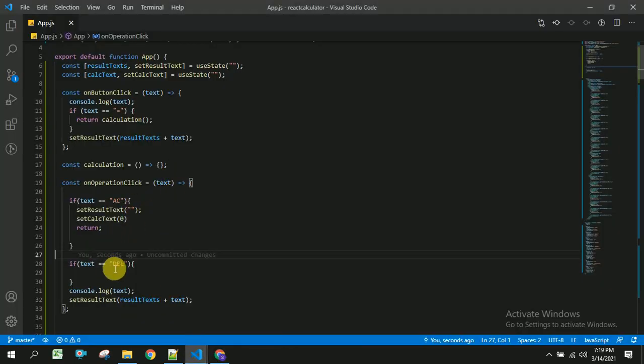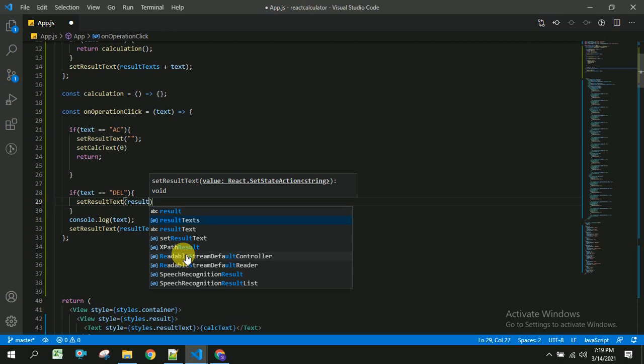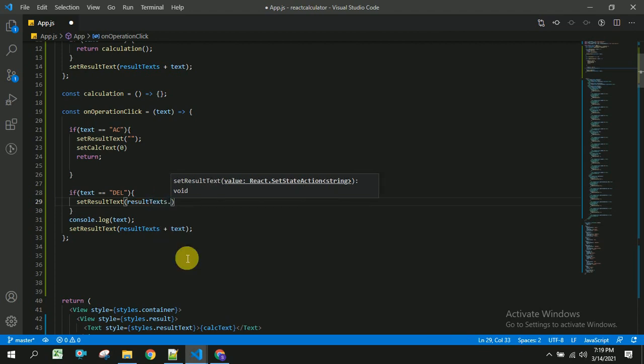Now if the user clicks on delete, I am going to set result text of result text, which consists of the current value, and I am going to make it as a string dot substring.